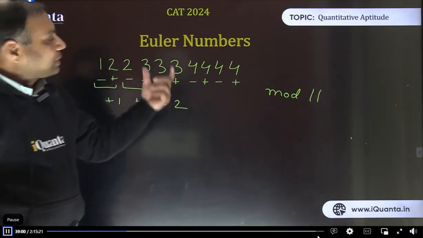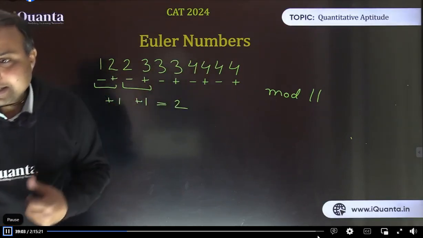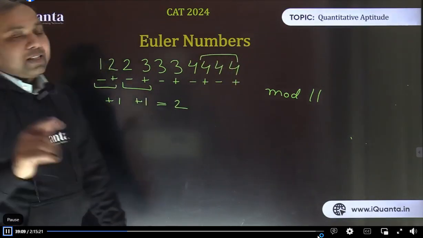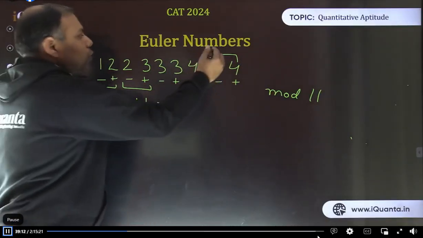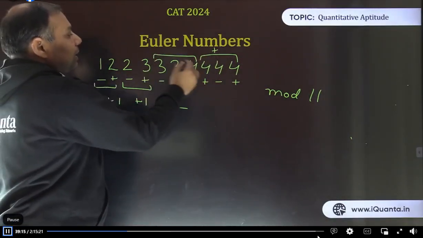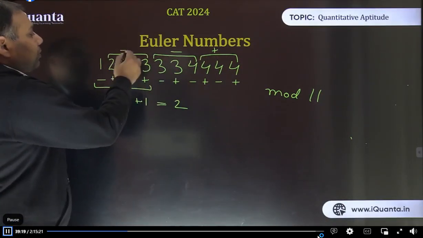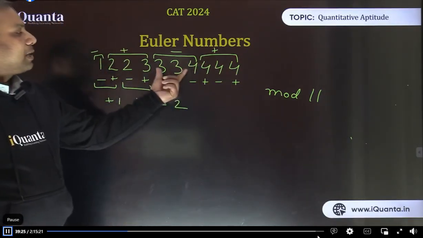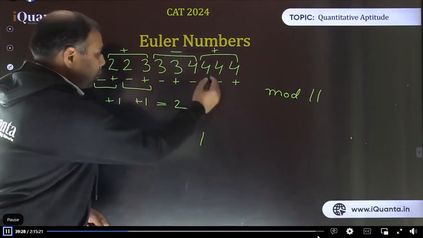Or we could have made groups of 3 digits also. Yes, exactly. We can make groups of 3 digits also. So if I'm making groups of 3 digits, then 444 is the first group. See, grouping should start from the rightmost end. So this group is going to be positive. Then next is 334, this is negative. Then 223, this is positive. And this is 1, that becomes negative. Right? Now we can solve it. Now 444 minus 334 is how much? It's 110. Positive, right? 110.